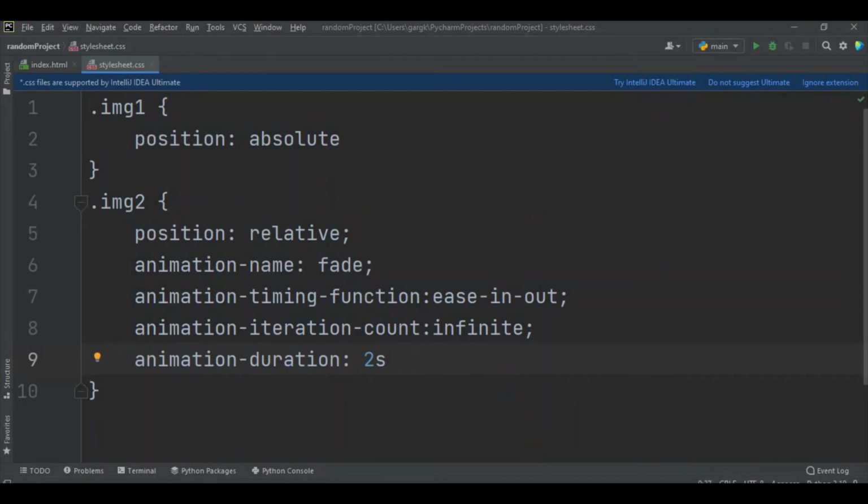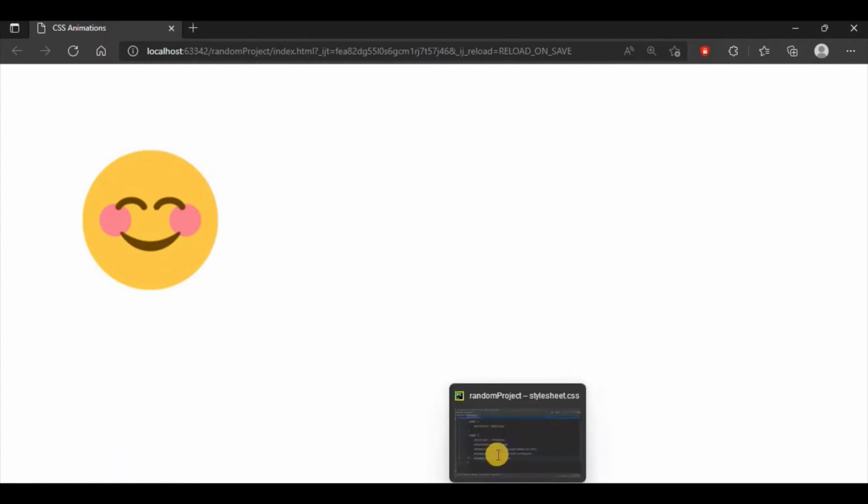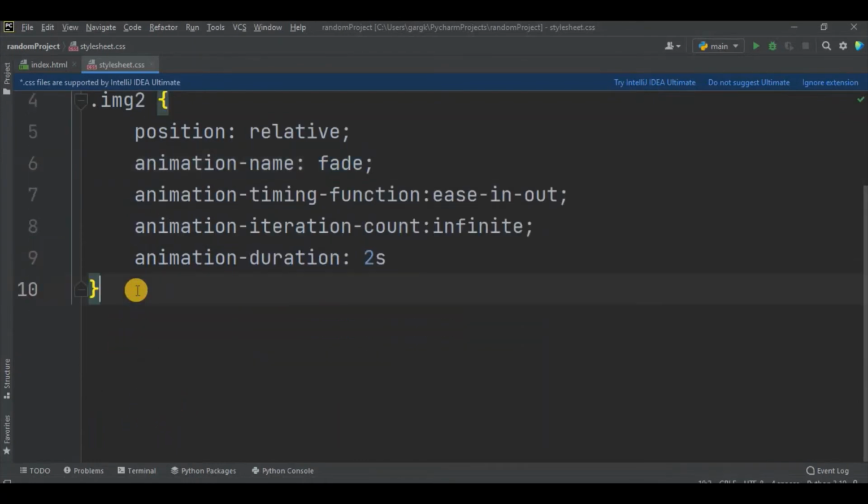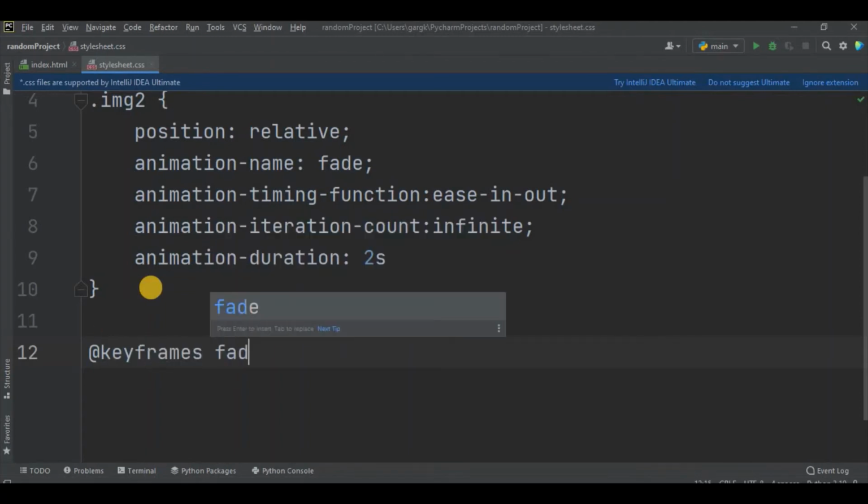If I go to my website, then nothing is happening because we haven't defined this fade animation yet. So yes, we have to define this animation, and for that we use something called an at-rule. We do that by typing @keyframes fade. So this means we are defining this fade animation,